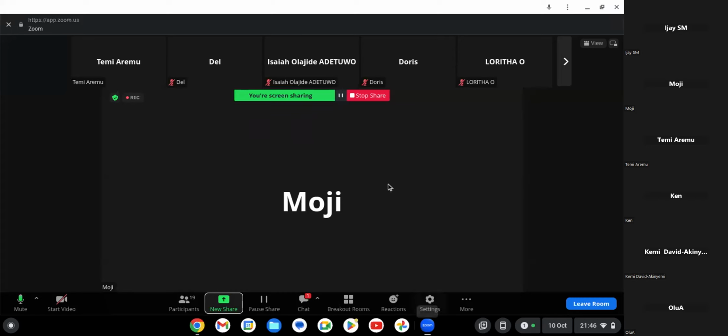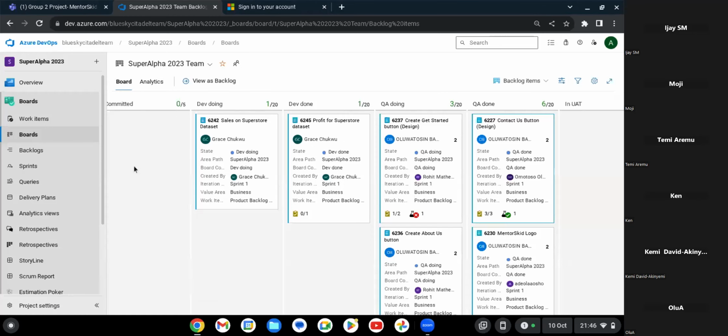Right. So now we know why we don't have any green yet. Yeah, and then you can just tell them on your platform to move everything into UAT and then get in touch with your BAs that there are stories in UAT for their attention. Or, in order to help them self-organize or self-manage, you can tell them that there are stories in QA done that need their attention, so they can move them to In UAT themselves and do the UAT on them. Either way.